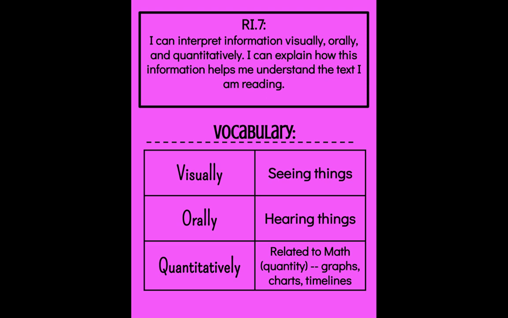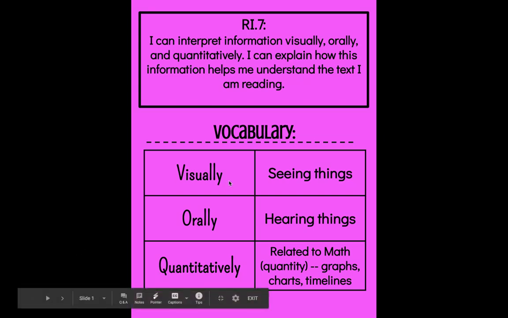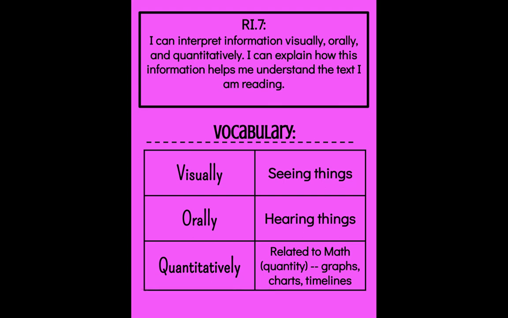So when you are looking at that, there are three big words that you might not know what they mean. So visually, orally, and quantitatively. So we're going to look down here to this chart I made. Visually means you are seeing things, so things you can see. It's going to show it through pictures, through things you will see and not read. Orally, you're hearing it, or the way you are reading it, so the way you are seeing the words. And quantitatively is a big word that you can relate to math. You can think quantity. So when you see things like graphs, charts, and timelines, that are going to help you